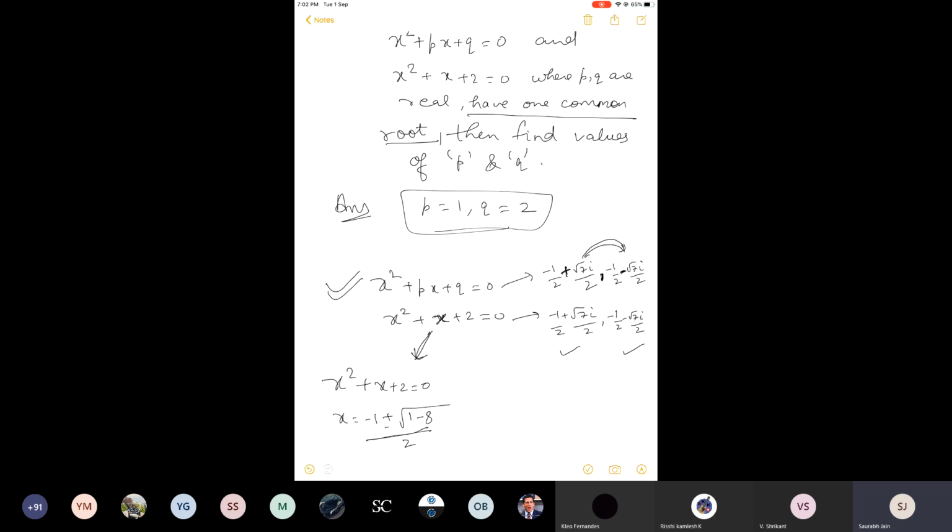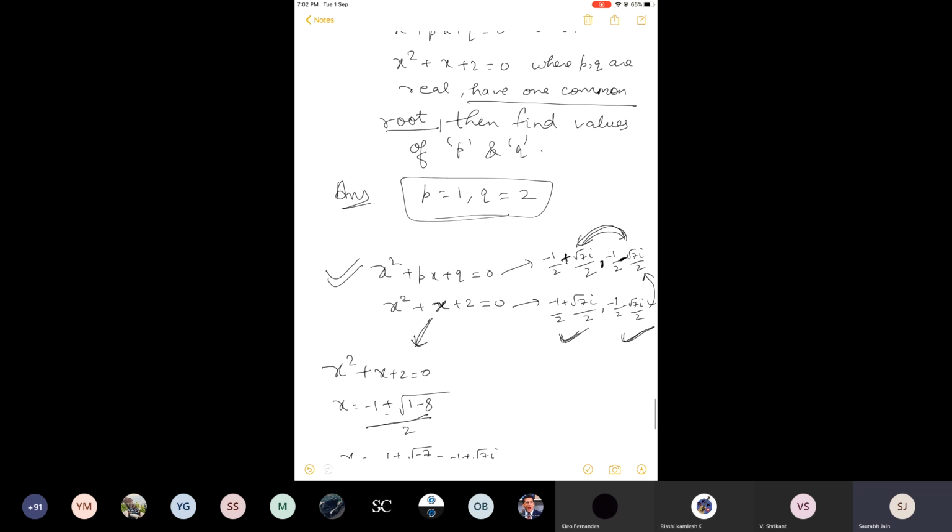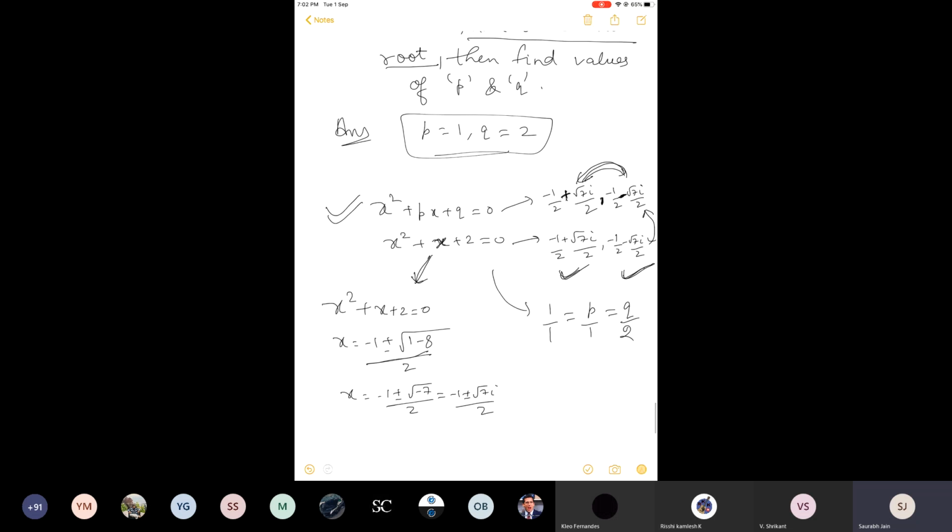Now some of you may argue, sir, I will not take the +1 as common, I will take the -1 as common. If you take that as common, then obviously the plus will come again. Why? Because complex roots occur in conjugate pairs. So though it was given that there is one common root, because of this second equation, both roots are coming common. The condition is a1/a2 = b1/b2 = c1/c2. Because of that, I can say that p equals 1, and from the first and last I can say that q is 2. This is the reason.